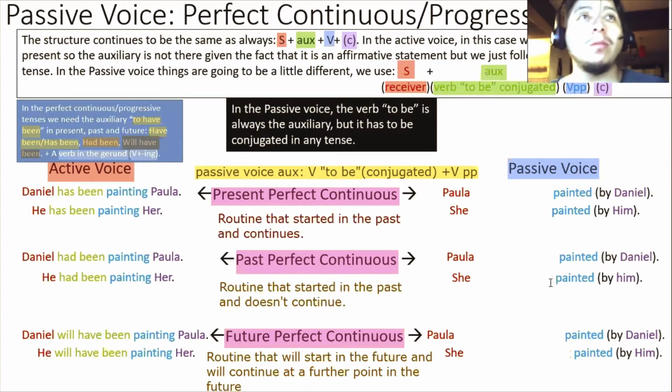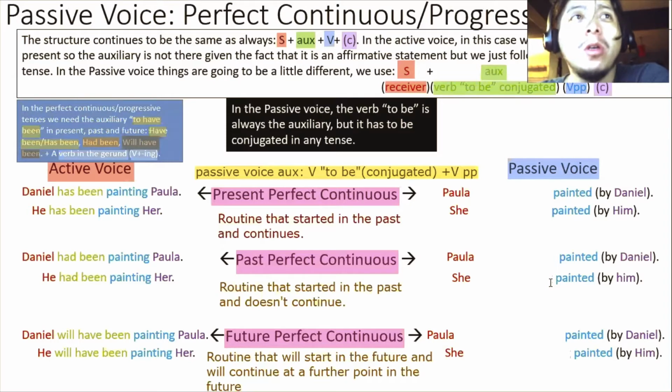So hello, welcome back. Today we're going to be speaking about the perfect continuous forms. We almost finished with the passive voice. We have been speaking about the passive voice for the past few videos. This time I tried to pre-order everything so that it makes more sense, and I lose a little bit less time trying to do the colors and everything. Okay, so as you remember, on the last 3 or 4 videos, we have been speaking about